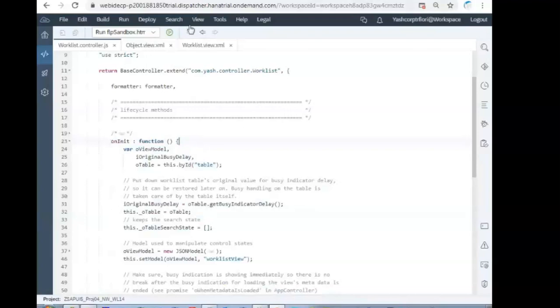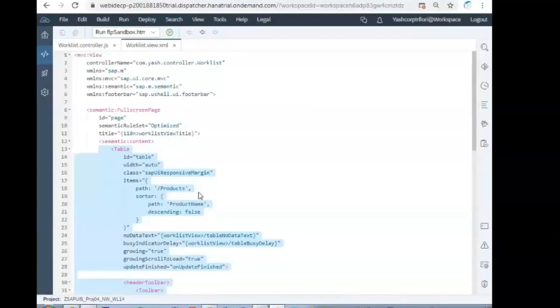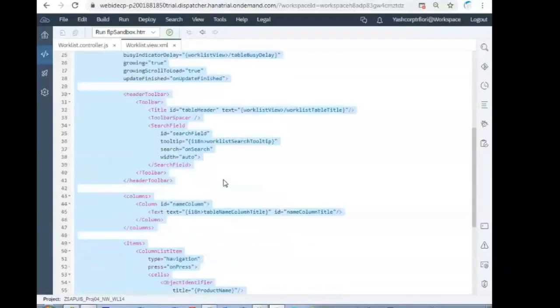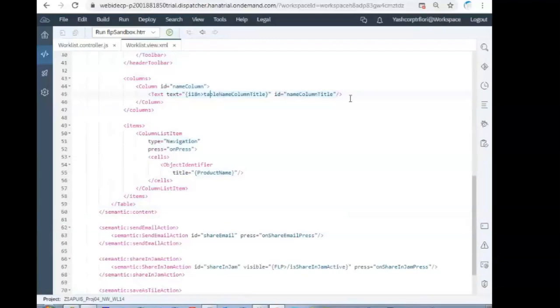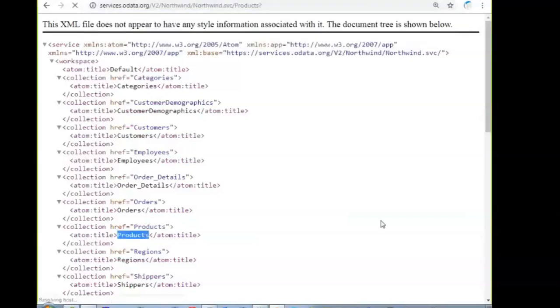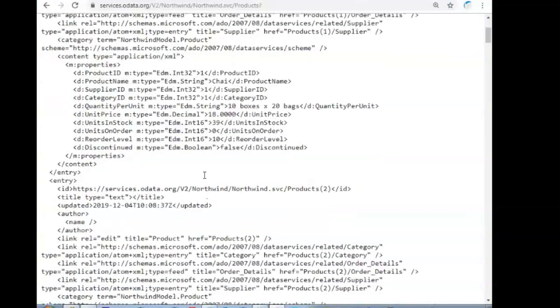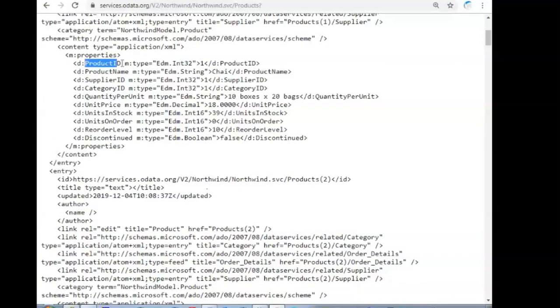So first what we will do, in the worklist.view.xml, inside the table control, you have the columns, you have the cells. Fine. So in the Northwind products, let us try to add 4 or 5 columns. Product ID, we'll try to add the product ID.